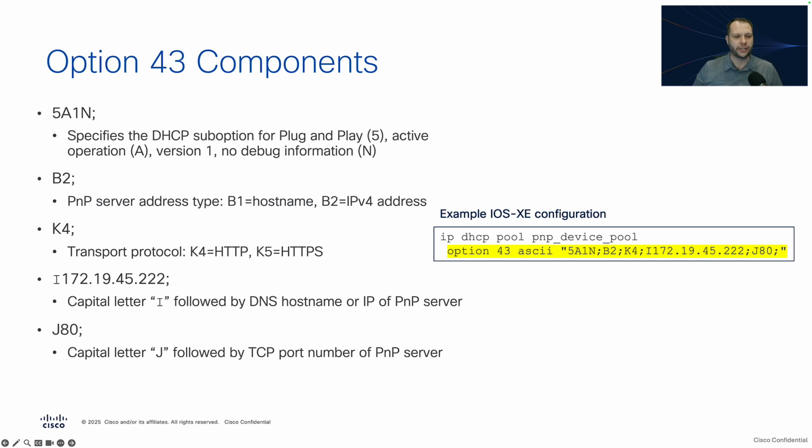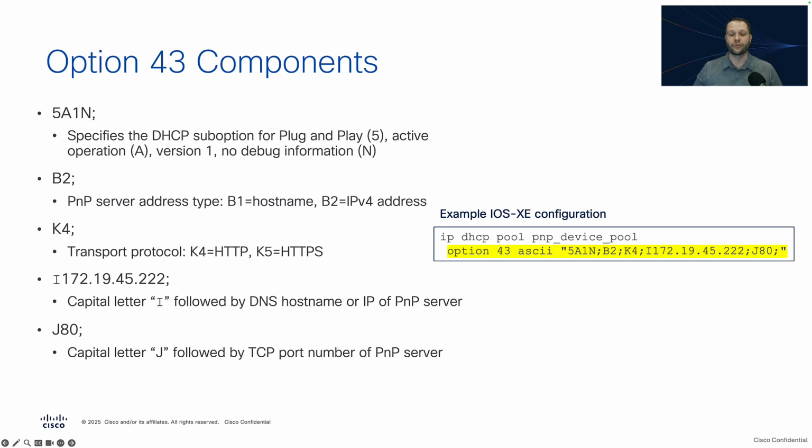The third option is K4, which is also the default configuration, and this specifies the transport protocol to be used to establish communication with the plug-and-play server. So K4 would indicate using HTTP, which is unencrypted, for the initial communication. And you should always specify option K4 because although K5 is an option, and that would tell the device to